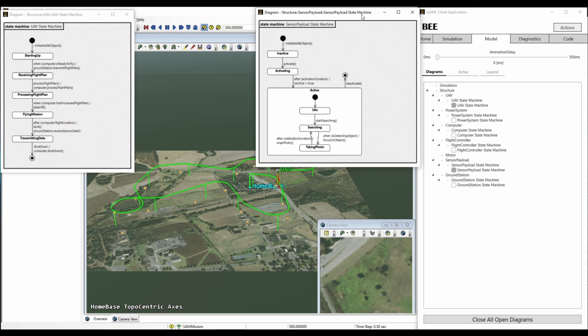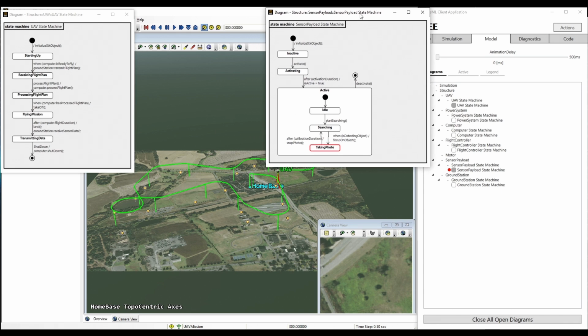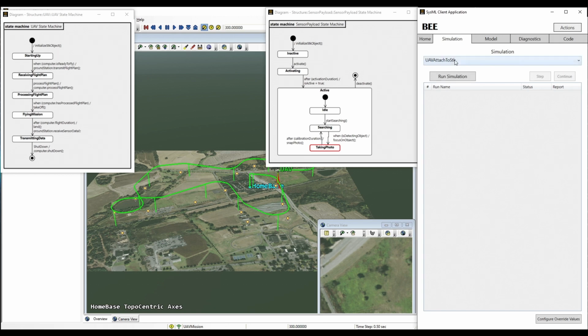But these diagrams are not simple static views. I can click in the diagram either on a state or on a transition, and you'll notice it switches to being highlighted in red, and set breakpoints for the simulation. This is critical when I want to further investigate the simulation at a given point or during a certain state being active. Finally, I can run my simulation and I will be able to see the state machines execute during